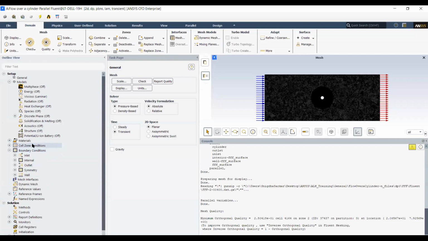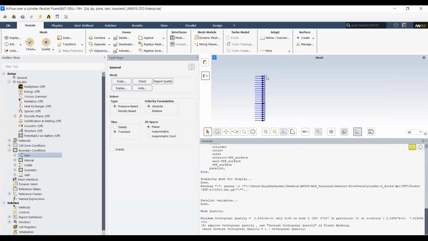So the cell zone is for volume and boundary is for surfaces, right? So I have an inlet over here where you can see the blue arrows, and the outlet over here where you can see the red arrows. If you just wanted to display the inlet, you could go ahead and right click on it and choose display, and it'll just show you that one line which you are assigning as an inlet. This is a 2D simulation, so it shows up as a line. If it were a 3D simulation, then it would show up as a surface. So if I click on inlet again,